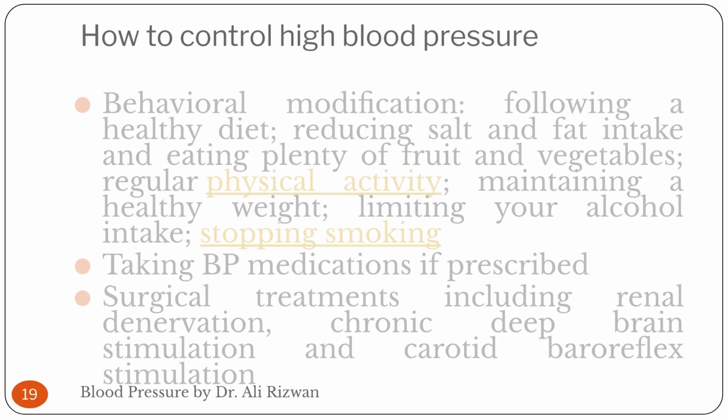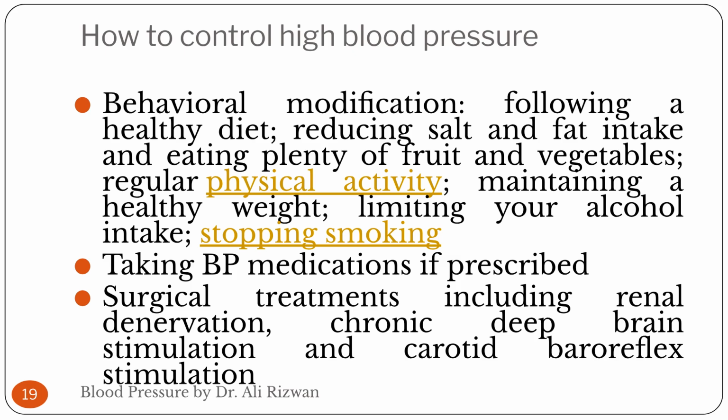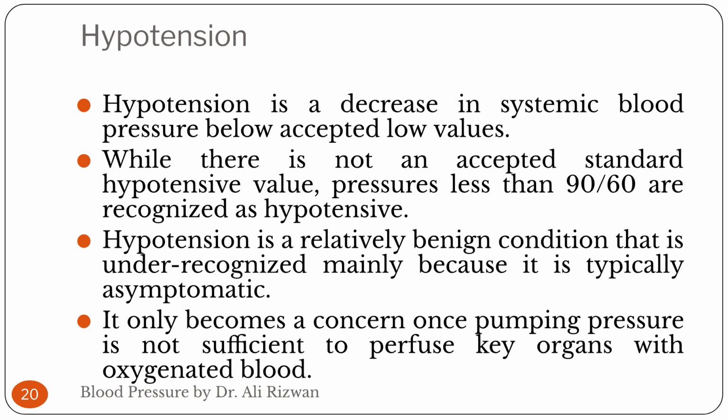Controlling high blood pressure involves behavioral modifications, such as adopting a healthy, low-salt diet, regular physical activity, and stopping smoking. In some cases, medical professionals may prescribe medication or consider surgical treatments like renal denervation or neurostimulation. Hypotension is a decrease in systemic blood pressure below typical values. While often asymptomatic and considered benign, it becomes a clinical concern when pressure is insufficient to properly perfuse key organs